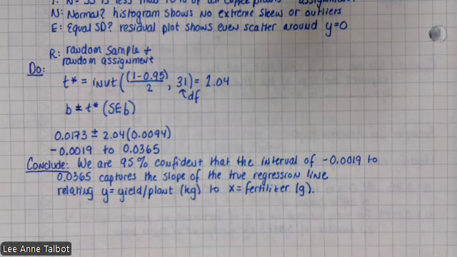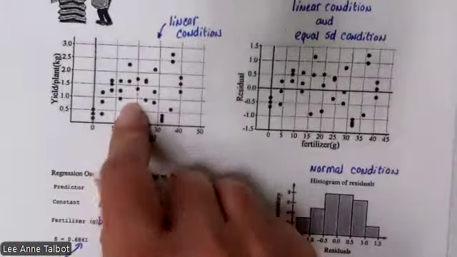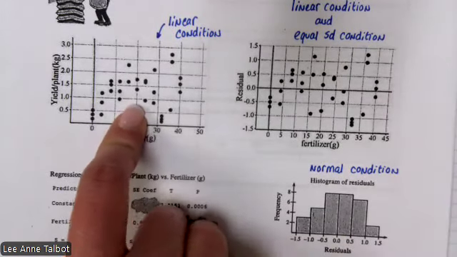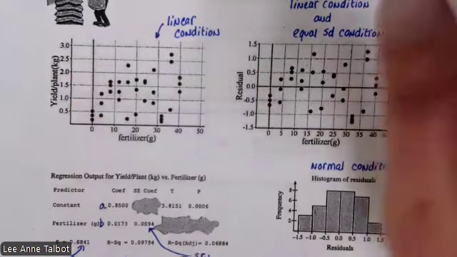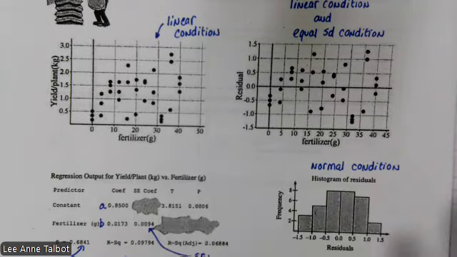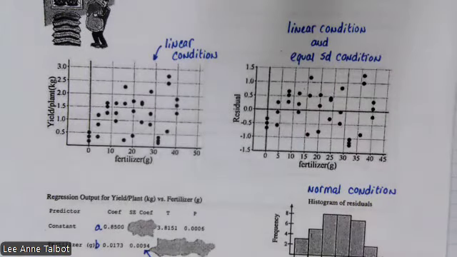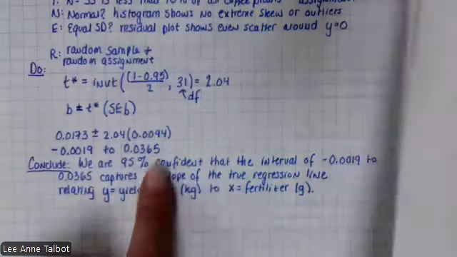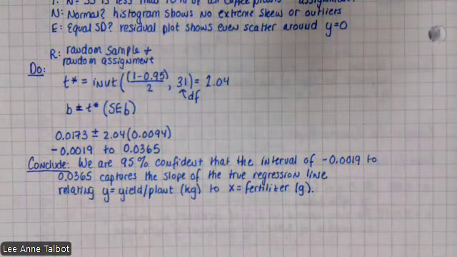Now, wait, before we're done, real quick. Does that jive with this graph? Yes, this graph is terrible. It's all over the place. So I'm not surprised at all that zero was in the interval, because I don't really see a great association there. Okay, do you see how that all ties together? So you can actually check your conclusion back with this and be like, oh, that makes sense. Okay, now